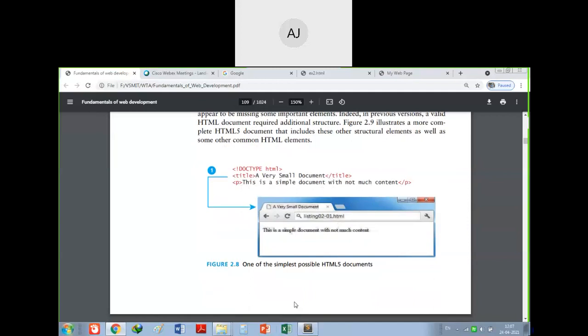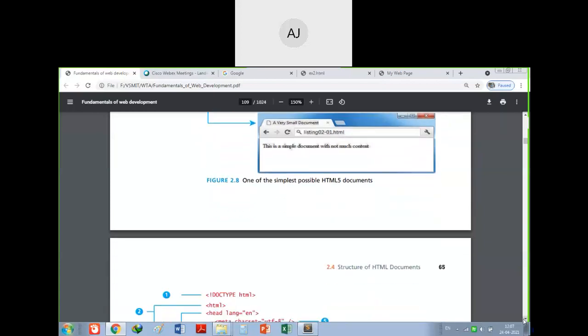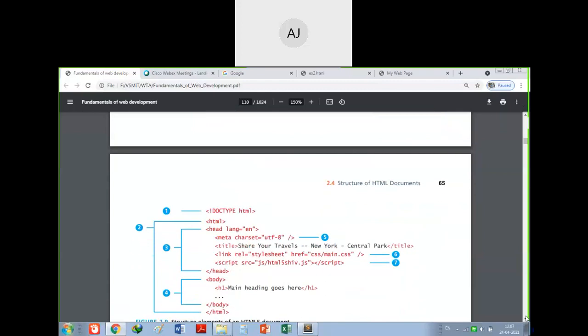There are basically two parts of this HTML document: one is the head section, one is the body section. Please remember this. Then there are some tags that belong to different levels, which we have already seen. p belongs to the body, and title belongs to the head. Don't use title in the body section, and don't use paragraph in the head section either. Those are restricted tags. They should be used within their respective levels.